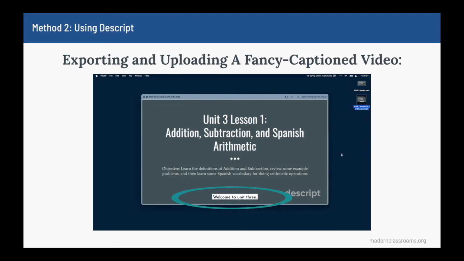What's happening, friends? Welcome to Unit 3. In this first lesson, we're going to be talking about addition, subtraction, and we're going to learn some Spanish arithmetic